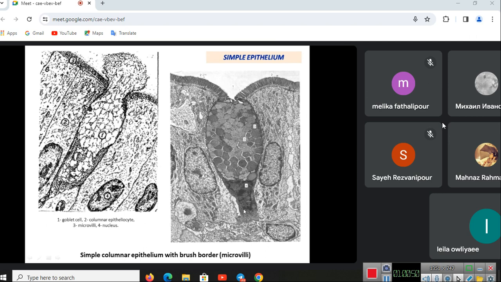Nucleus is located in its basal part. The cytoplasm around the nucleus is filled with rough endoplasmic reticulum. Above the nucleus, the Golgi complex should be located. It is not seen, but it should be here because we know the function of this cell. The cell is a mucus-producing cell, so we know that it should have rough endoplasmic reticulum and Golgi complex, because mucus